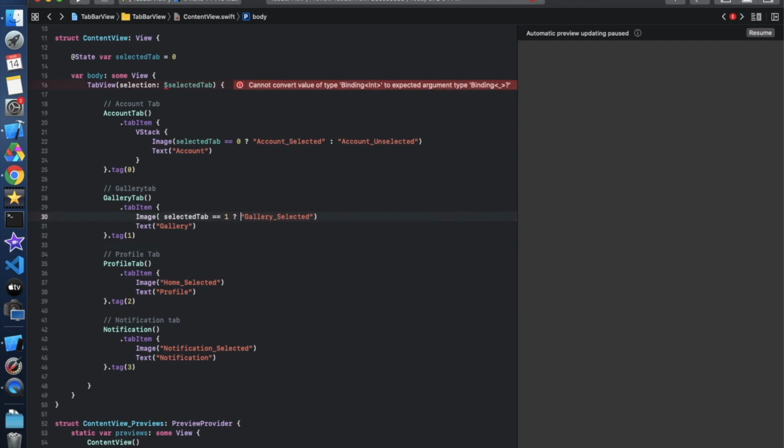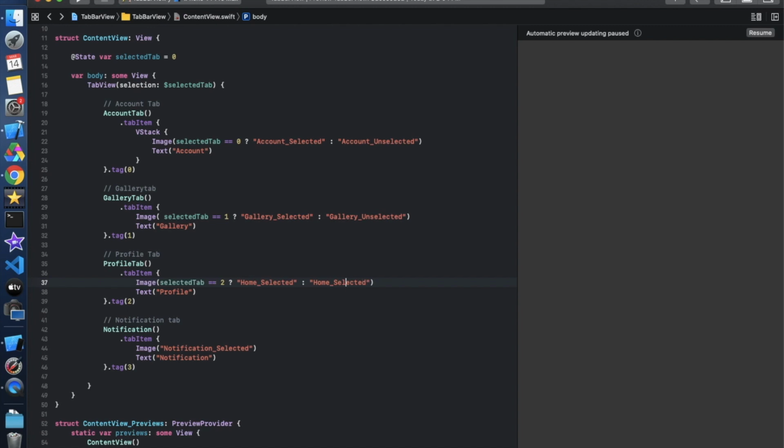So I'm using a ternary operator to do this, and now I'm not copying the name again and again. I'm just pasting this and changing this to unselected, this one, and the same thing, just copy paste these things.